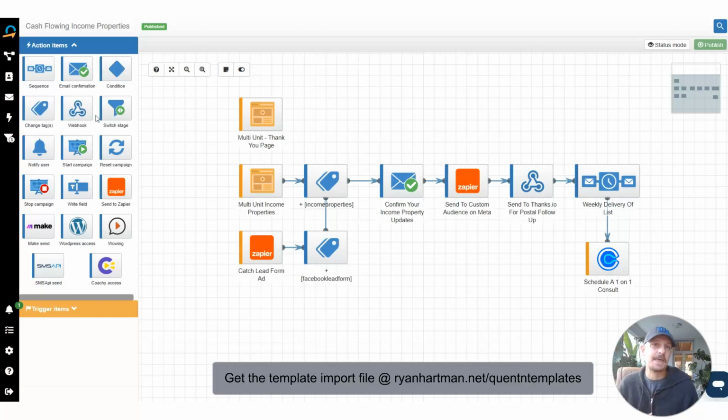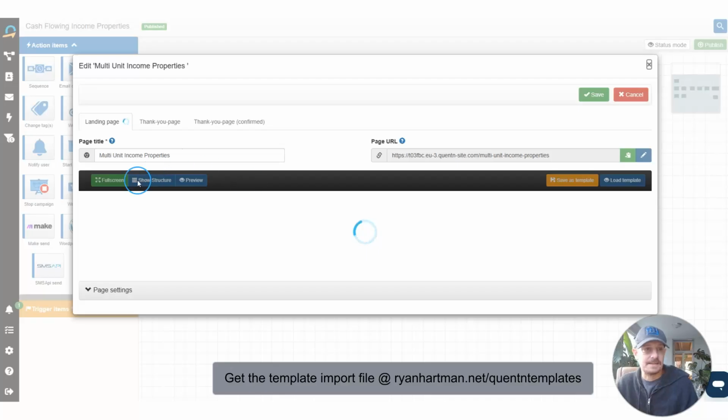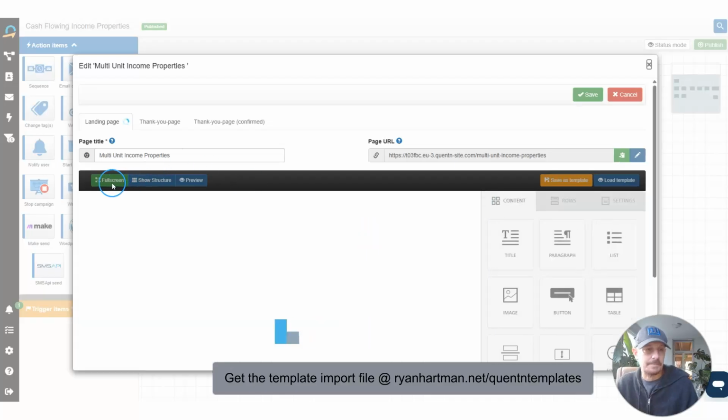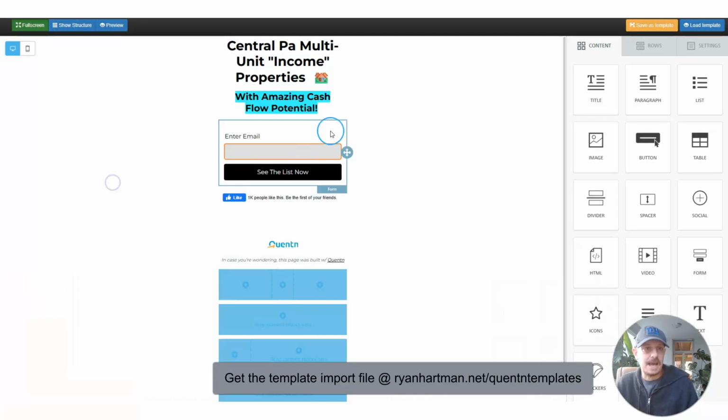And all it really is, is a basic opt-in for a lead magnet and then a follow-up email flow. So let's talk about what's going on here. First off, on the left side, we have our landing page for the offer. So we're going to open this up, take a quick look at it. I'm going to open it up here. Click full screen, and you can see we have an